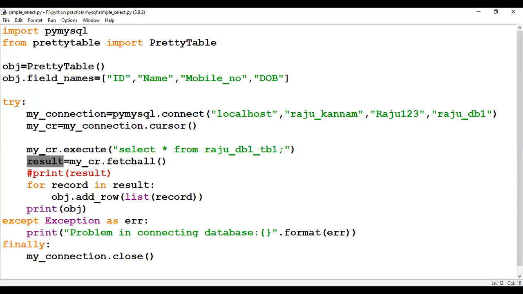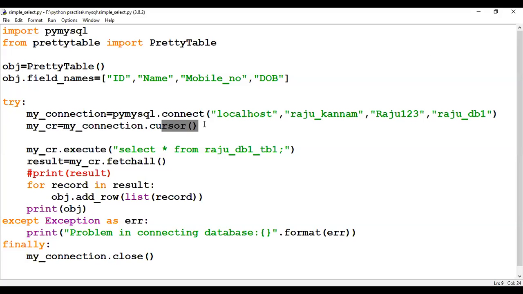First, you should create the connection by giving the name of the server, that means the URL of the server, name of the user, then password, then database name. Once it is created, you have to create the cursor for the connection.